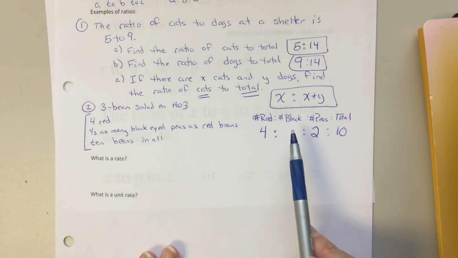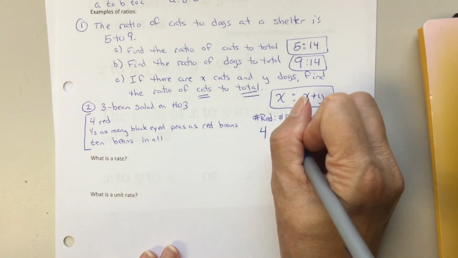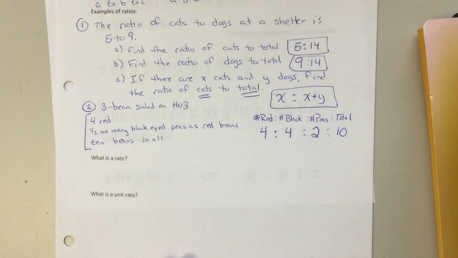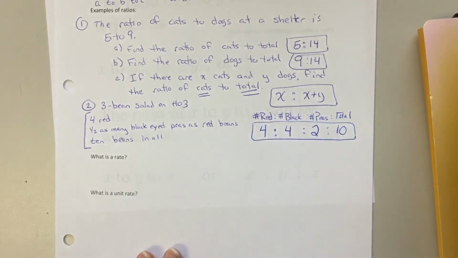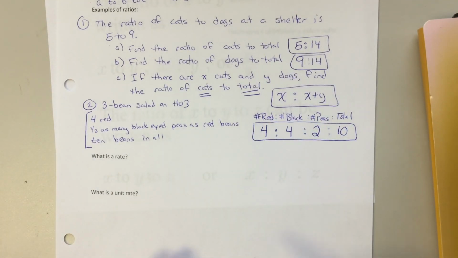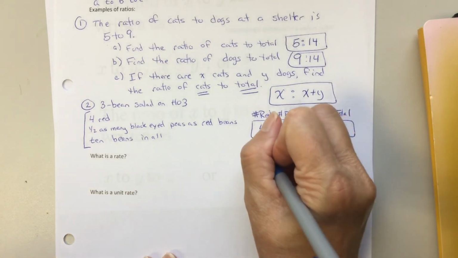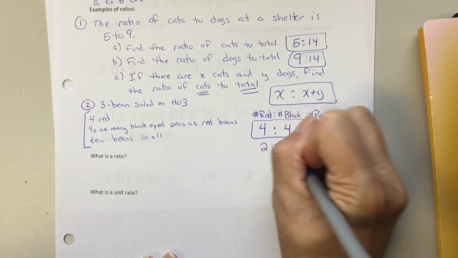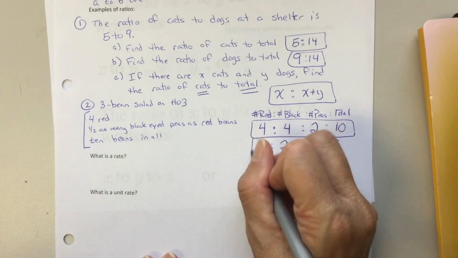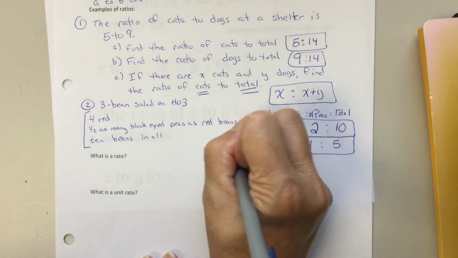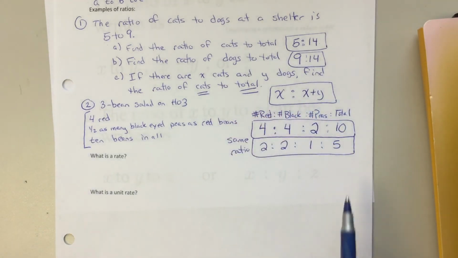So then to get this missing number, I'm going to go 10 minus 4 minus 2. That's going to leave me 4 beans left over, so 4 black. So this would be your ratio. Now one thing I could do is I could reduce it. All of these numbers are even, so I can divide them all by 2. And that would give me the ratio 2 to 2 to 1 to 5. So these are considered to be the same ratio. Just one is reduced. Okay, so for every 5